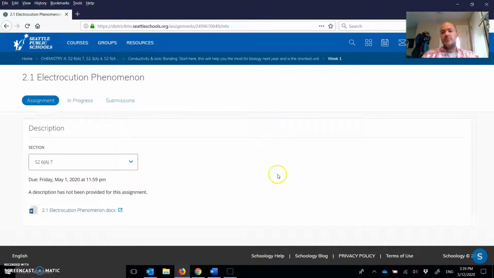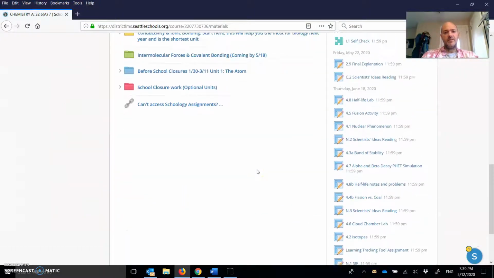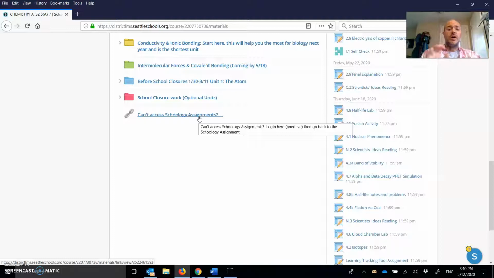If you're not able to get the document to load, the most common thing that I've been told is that most people need to sign into OneDrive in addition to signing into Schoology to get it to work properly. It's a glitch in the system. If you're not signed into one, it's not going to load properly. So all you should need to do is click on this link. When it says can't access Schoology assignments, click on it. Log in, and once you've done that, you should be able to go back to the Schoology assignment and